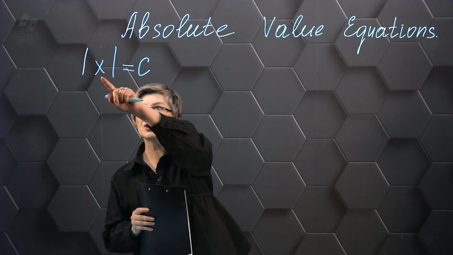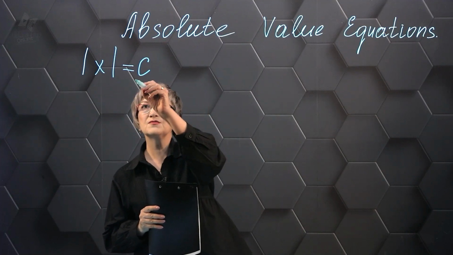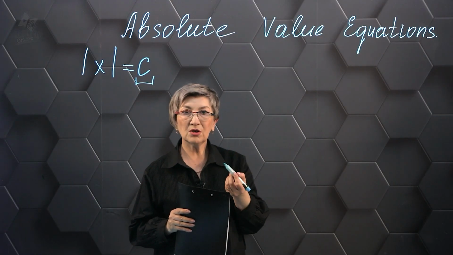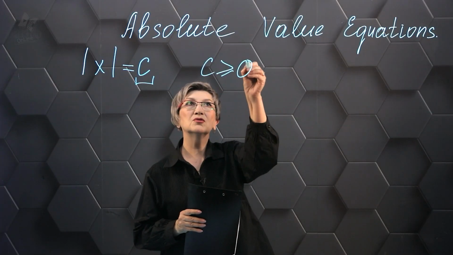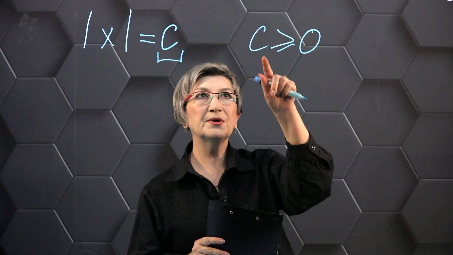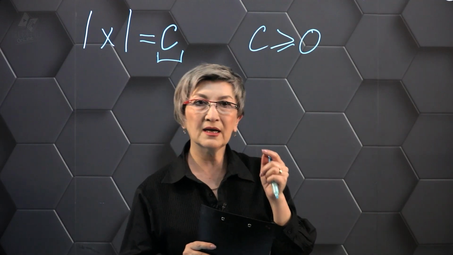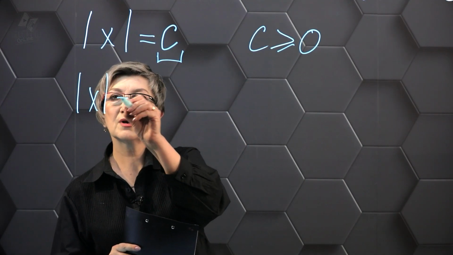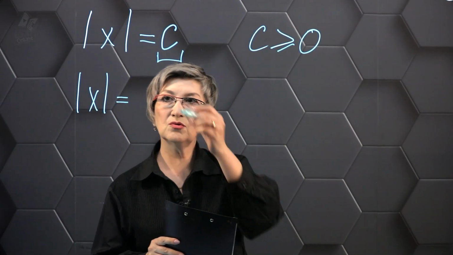In order to solve these equations, we need to check first of all the number c. This number must be greater than or equal to 0. Today we're going to give an example of such an equation, but we'll write down a general algorithm for solving these equations. If I see an equation modulus x equals some number, in this case I will write down